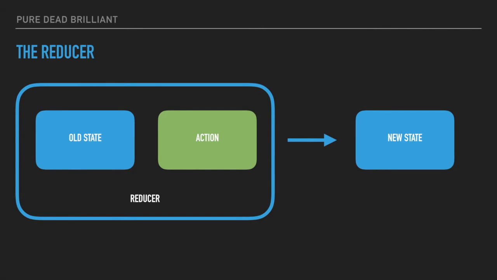What Redux, I think, tries to do is make the state changes, this side of the application, similarly easy to think about. So you have your reducer functions, and yes, there are multiple reducer functions, but they're composed together, and at the top level you have a single reducer function with this signature. It takes the old state and the action that's happened, and then it returns the new state. So you take the old state, run the reducer, it returns the new state. You pass that new state to the view function, and then it renders to the user. So the state changes, and then the view changes. It's easy to think about.